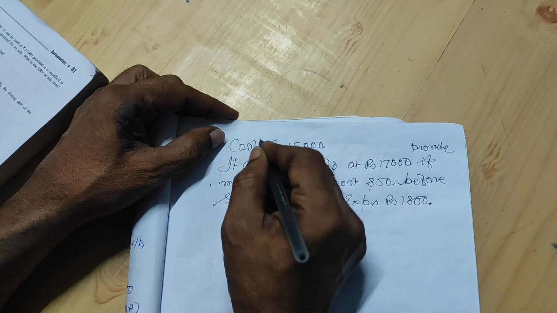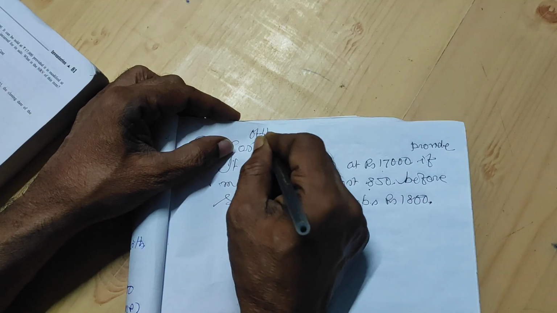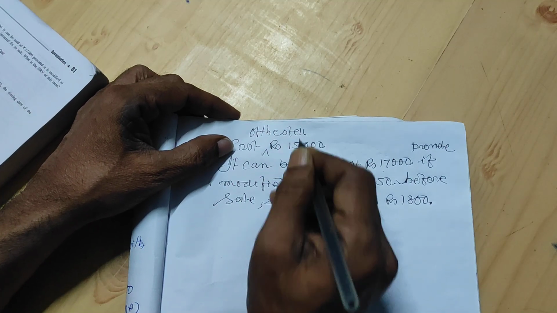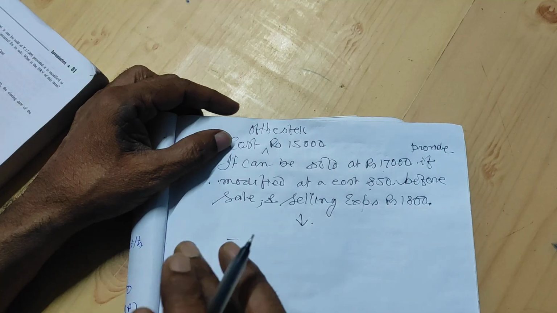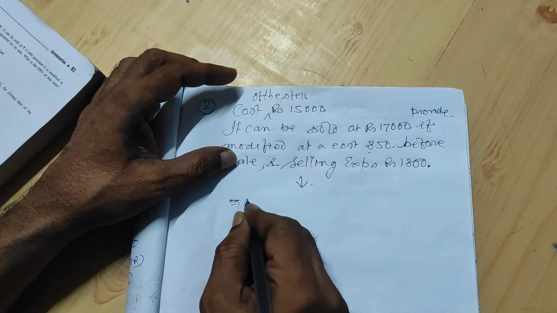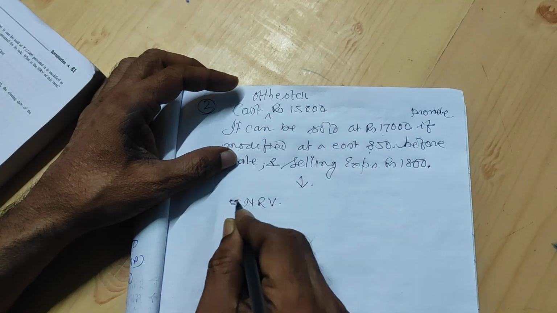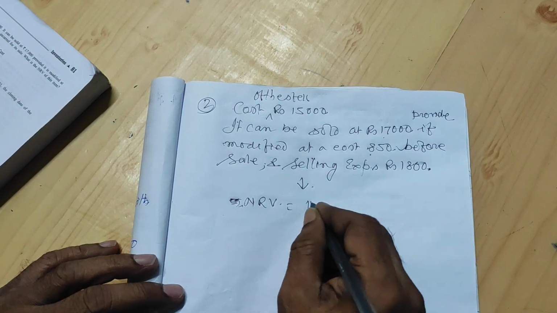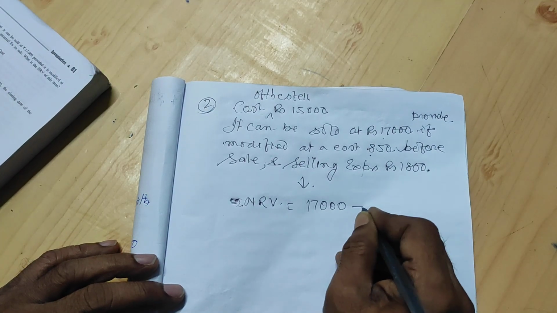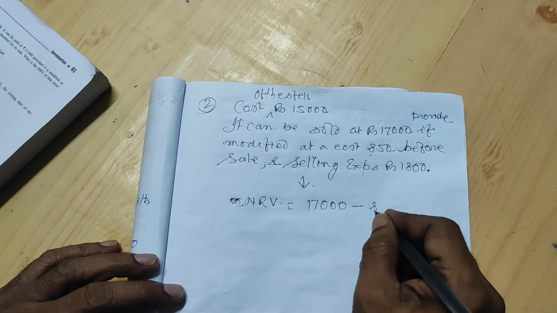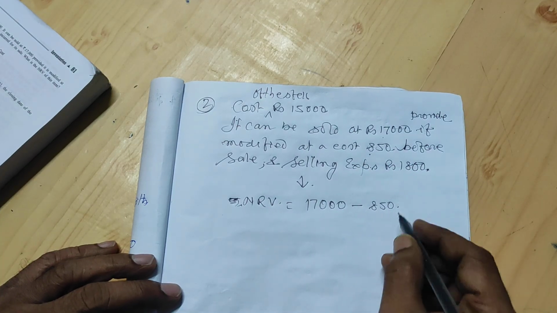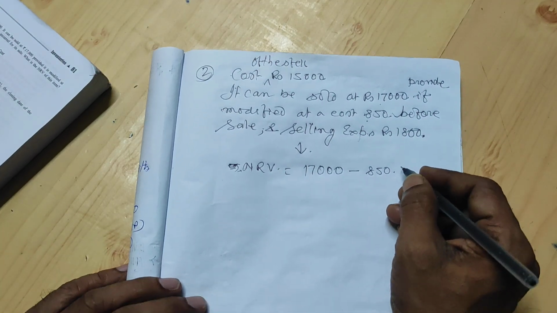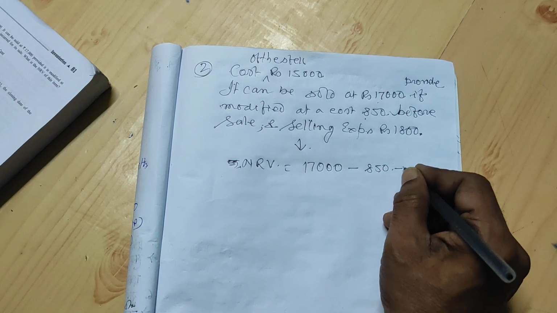So the cost of the stock was, so your CP is there and NRV is there, so you calculate that. NRV is that your selling price is 17,000 minus you have to expense exclusively for that sale, 850, because without modification it cannot be sold out, and minus